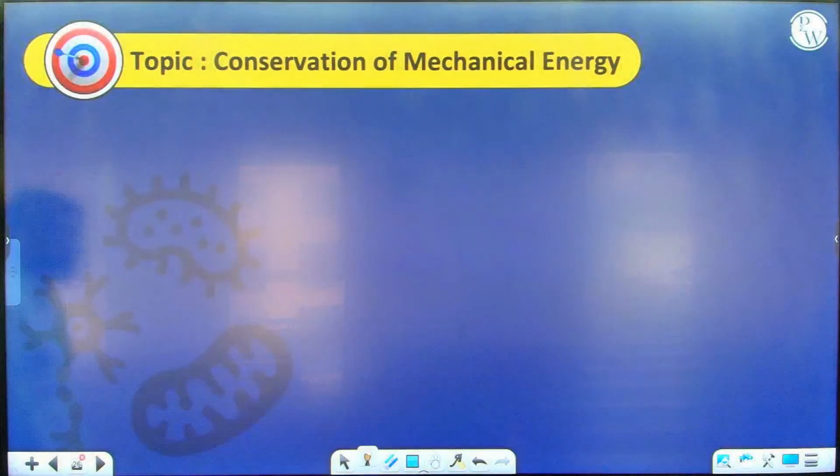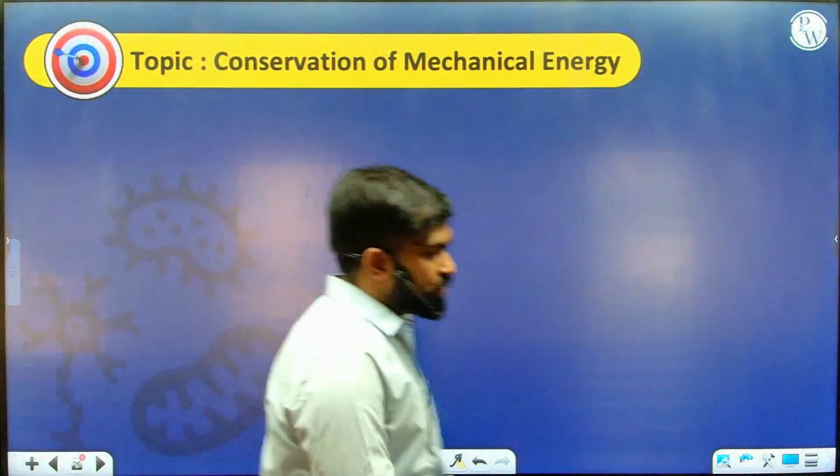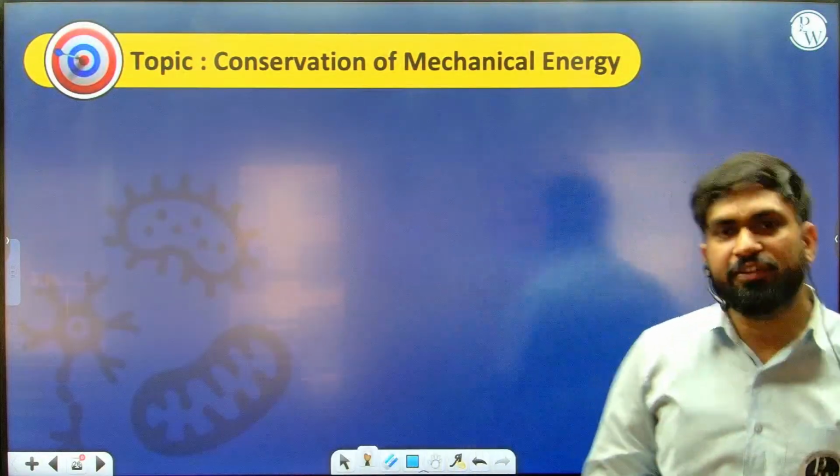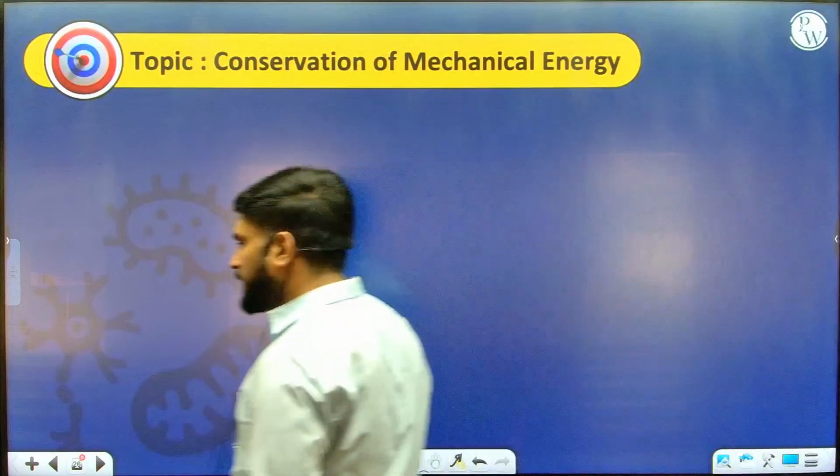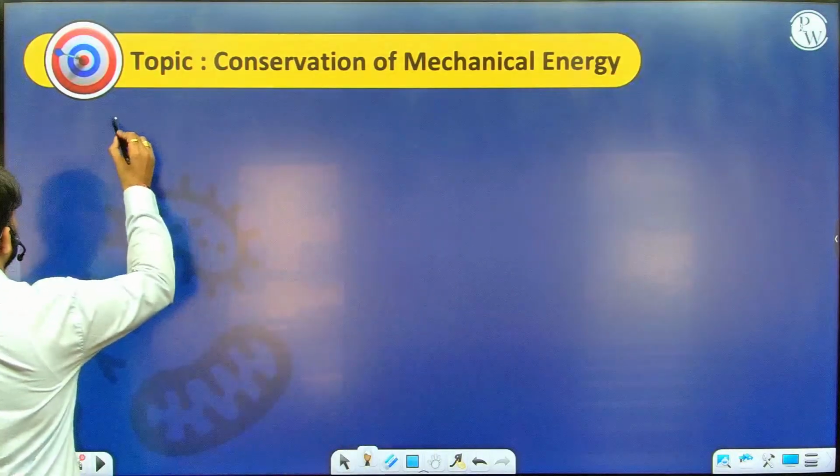Okay. Now the conservation of mechanical energy. So we saw that if only conservative forces are acting, the total mechanical energy remains conserved. So you can write down